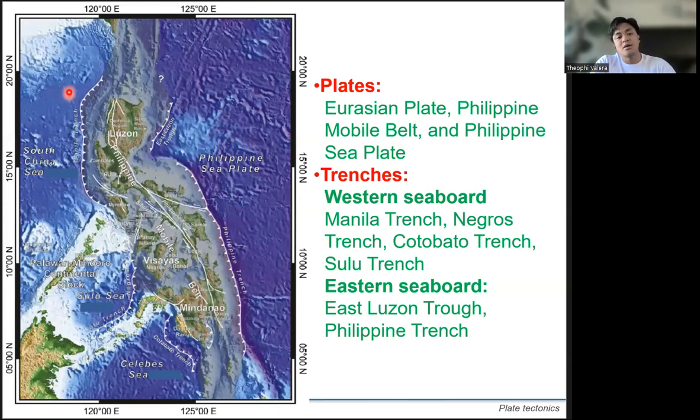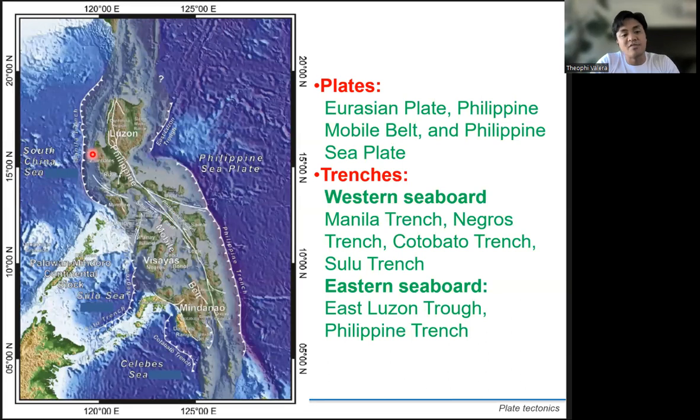So you have oceanic, and here oceanic plus continental, colliding against each other. These collisions led to subduction. So the Philippine Sea Plate is subducting beneath this island arc, and this subduction is along the East Luzon Trough and the Philippine Trench further south. So you have to remember that to the east we have the East Luzon Trough and Philippine Trench. To the west, you have oceanic crust of the Eurasian plate being subducted beneath this island arc as well. So it's a double subduction.